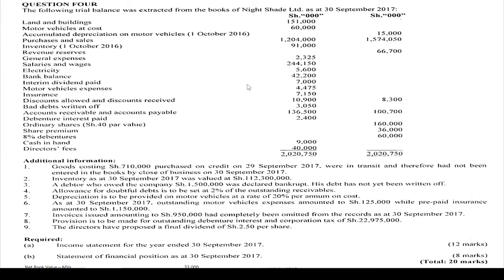Welcome back. Today I want to look at this question from November 2017, question 4, financial statements of a company. The question is, the trial balance was extracted from the books of Nightshade Limited as at 30 September 2017. So we have the land and building. The amounts are in thousands, we'll put the 3 zeros on top, so that we have now